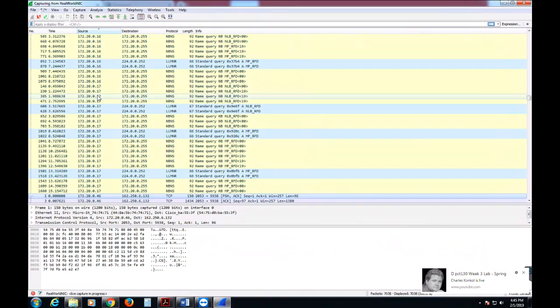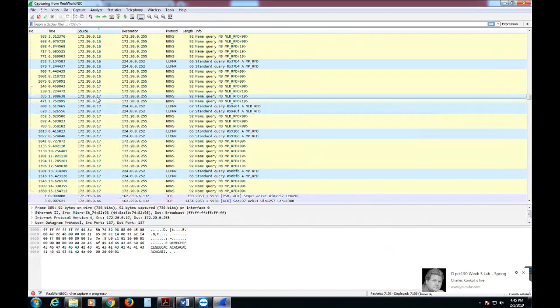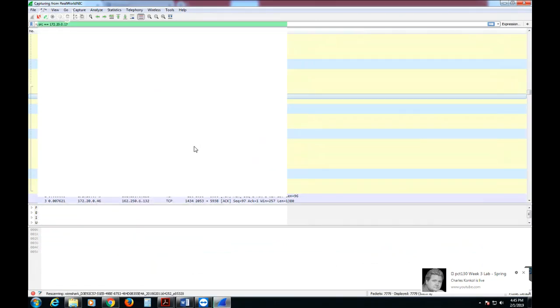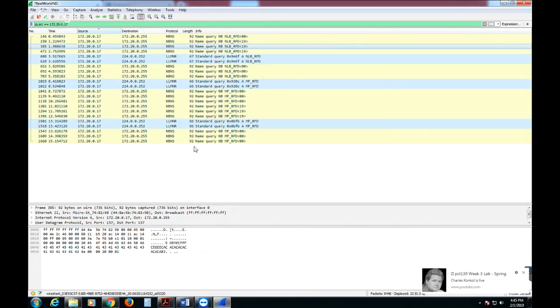Right click on that and then select Apply as Filter, Selected. Apply as Filter, Selected. What it's going to do now is isolate only that IP traffic for that IP address only. Now you'll notice in that IP traffic, and this is source only, by the way,